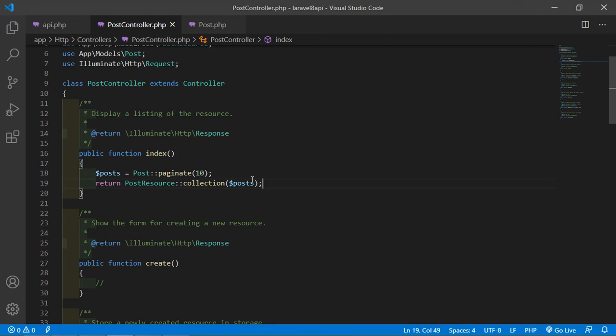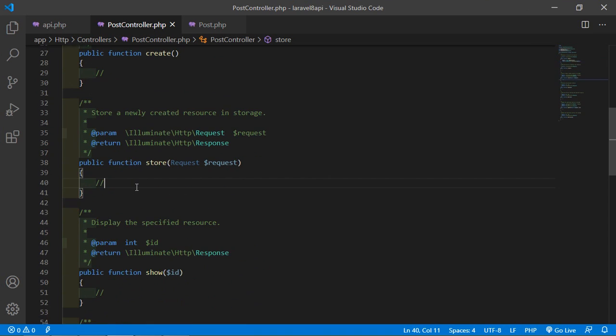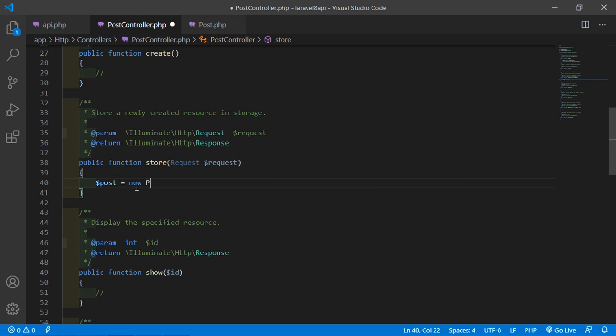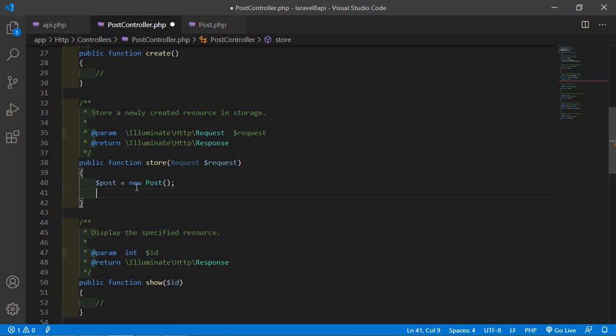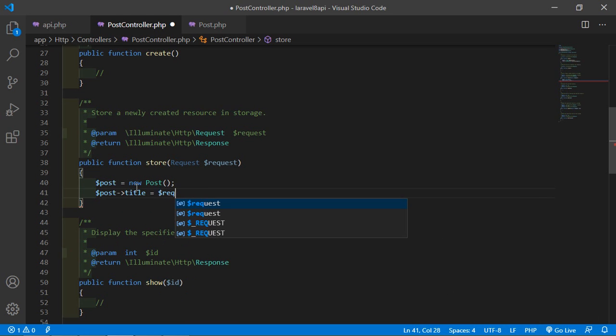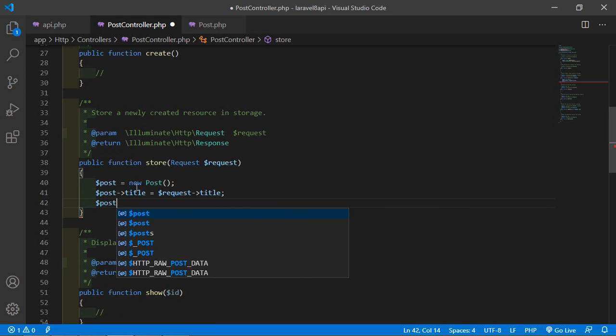Alright, now inside the store method just write code for creating a new post. So just write here $post is equal to new Post, and $post->title is equal to $request->title, and $post->body is equal to $request->body.